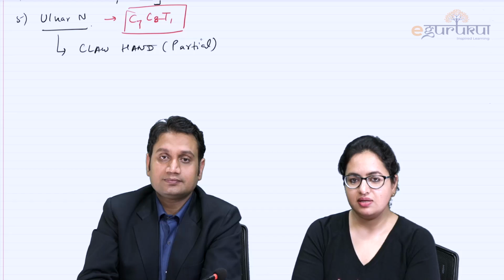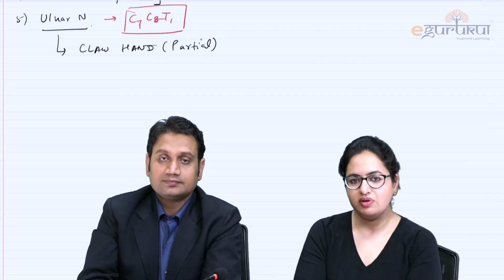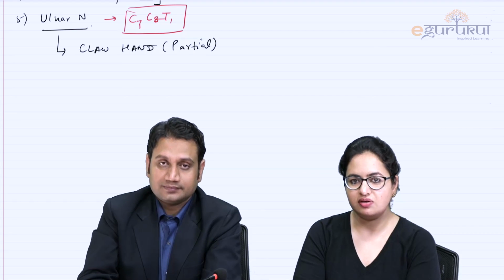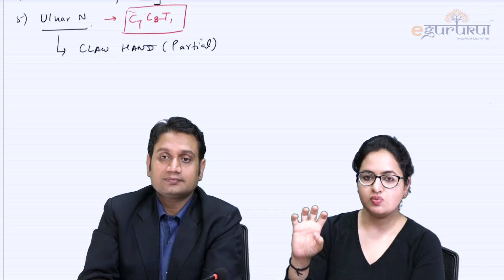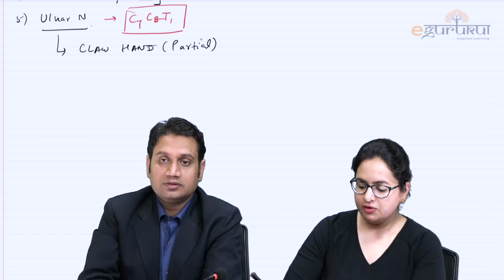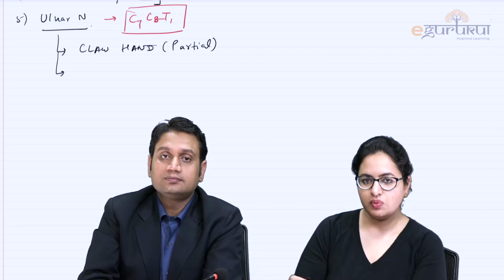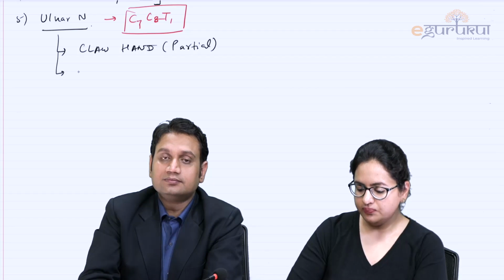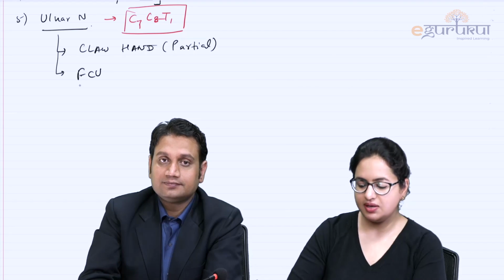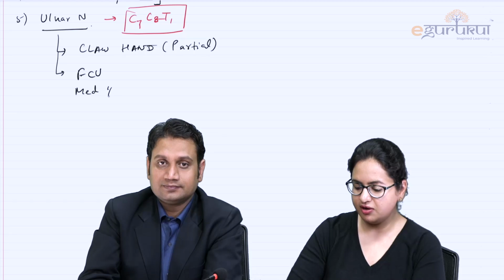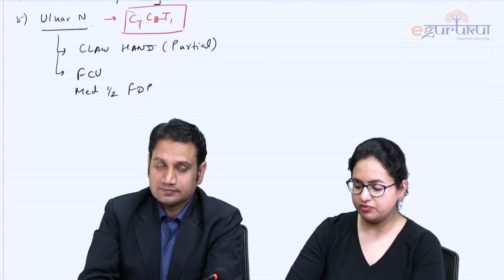If the question is regarding the complete claw hand, when both the median as well as the ulnar nerves are involved, then all the fingers will go into clawing. For the ulnar nerve, as we have just mentioned, we will just summarize. The ulnar nerve is the one which supplies two muscles in the forearm, and the two muscles are flexor carpi ulnaris and the medial half of flexor digitorum profundus.